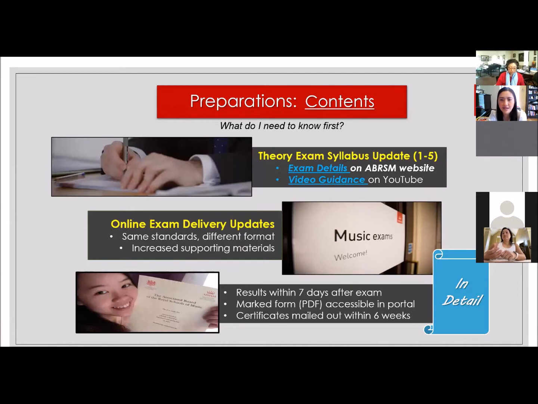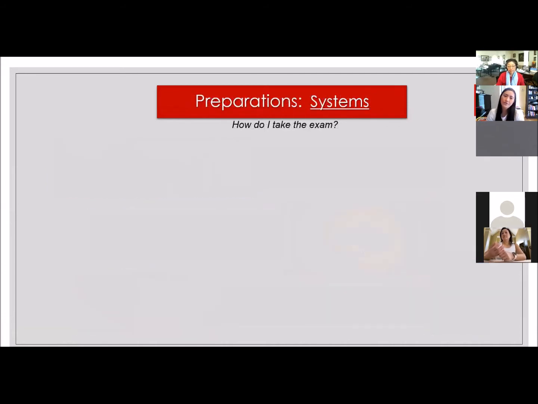We just talked about the content. Now that we know all the materials available to the students for preparation, and all of the materials available for the teachers, I want to show you the different updates to the systems. I don't want to dwell too much on the details, because these are available to you on the website so you can look at what's required. It's never any fun to sit through 20 minutes of talking about systems, but I just want to highlight what is necessary to take the exam.